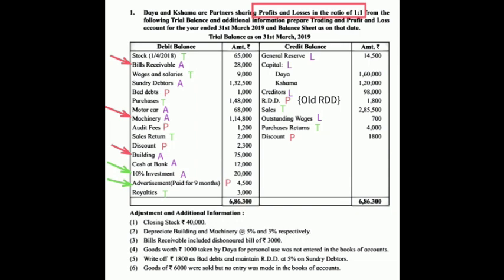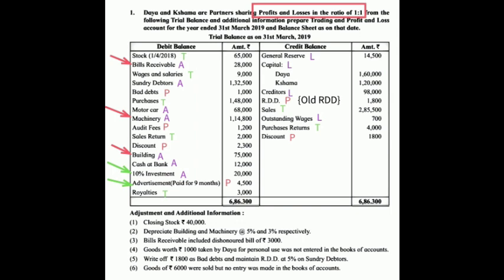In this trial balance, first of all, you have to identify the entries for the respective account. So over here we have written TAPL, that means T for trading, A for assets, P for P&L, L for liability. Now over here some tick marks are there. This tick mark is for adjustment purposes. That means we have to adjust the respective entries which are given below in the adjustments.